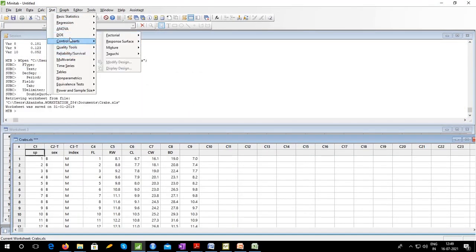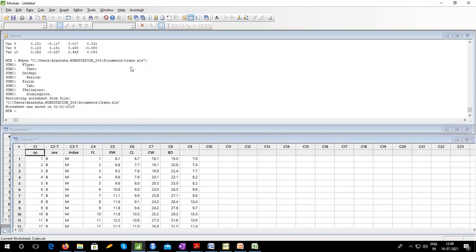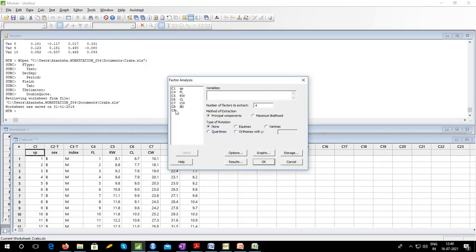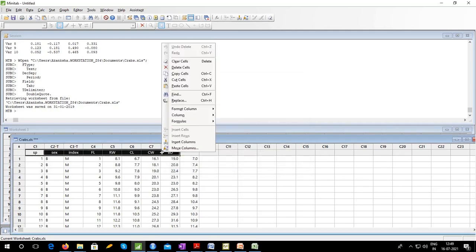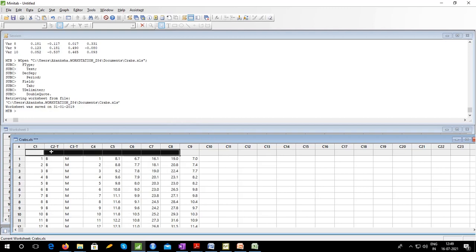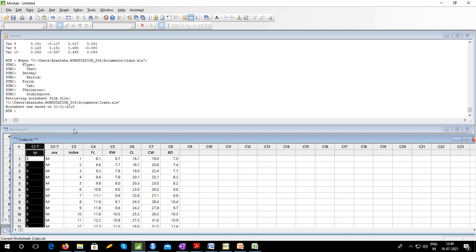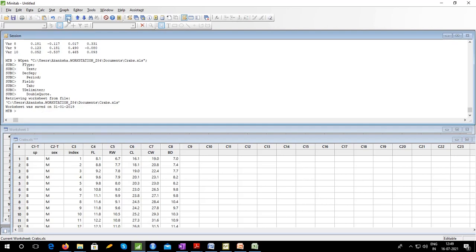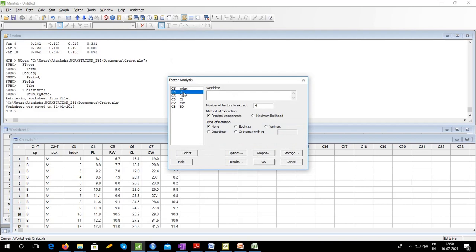Okay, so let me carry out factor analysis on this. I need to change the names first. My names should start from here. This is my serial number column. So, of course, I am going to ignore the first 3 columns as of now. By the way, this is the recent edit last dialog, so the most recent dialog box would get directly opened if you click here. So these are the variables that I want.